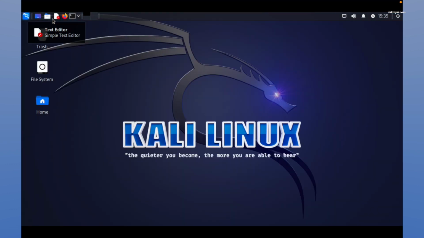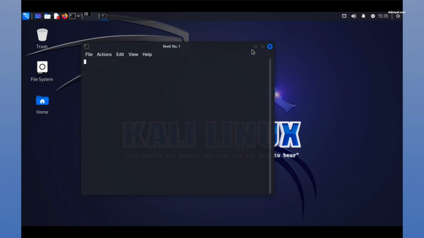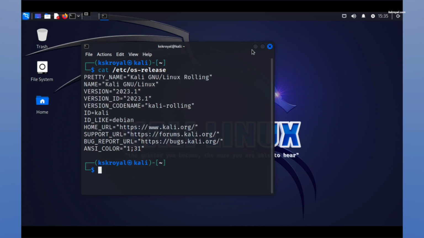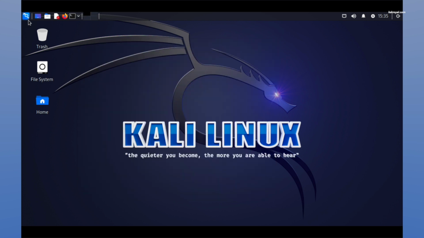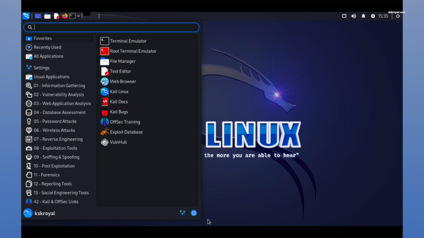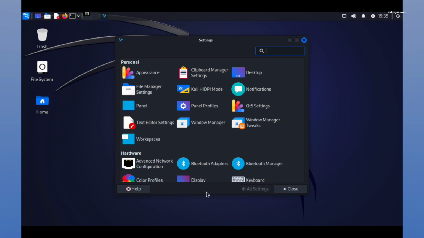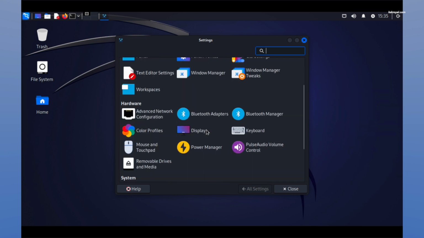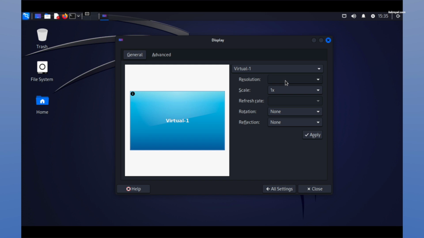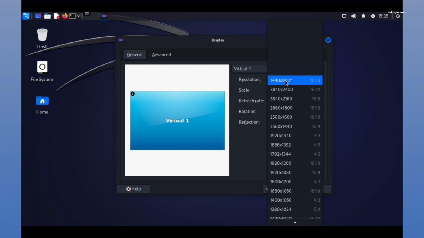Now, as you can see, we are running the latest version of Kali Linux inside a virtual machine on Apple Silicon Mac. The first thing to do after installing Kali Linux is to go to Settings, then choose the Display, Resolution, and use the native Mac version.